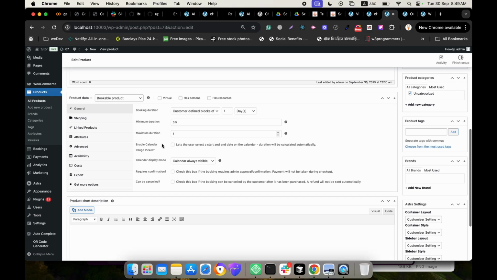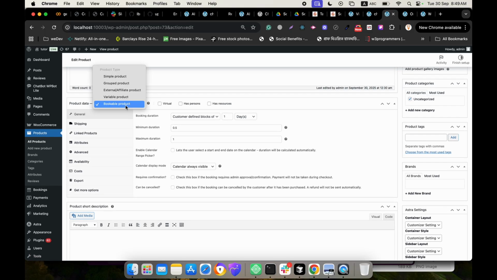See, from here we have to choose bookable product first, then we will be able to choose the booking system by days or hours and month. Then we can select the minimum booking duration here. By default it was 1, but after my custom work it is now possible to set 0.5, meaning half days